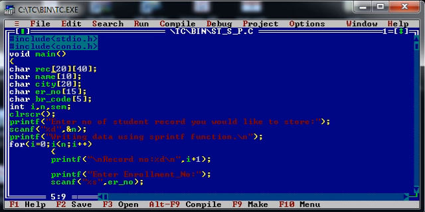Now, as you know, the name is a collection of multiple characters, so we require a character array. Similarly, city is also a character array. Enrollment number, as you know, in the GTU system is 12 digits long, so that is why I have taken a character array. And so far as the enrollment number is concerned, we are not supposed to do any kind of mathematical operations with it, so I am considering the enrollment number as a string. That is why I have taken the enrollment number as a character array.